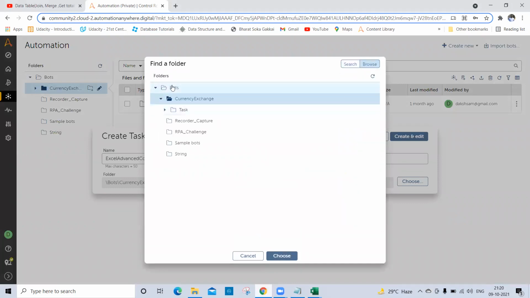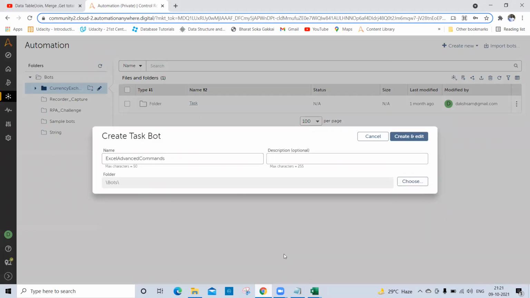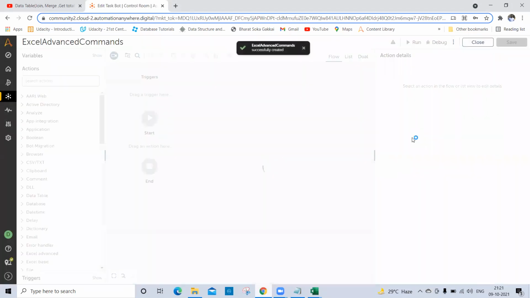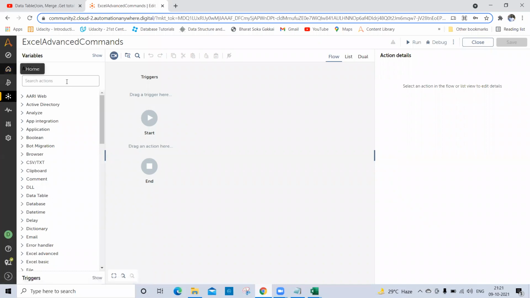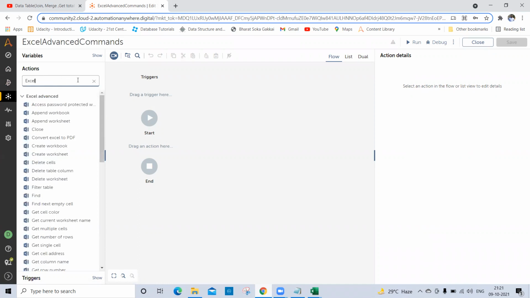I'm saving this bot inside this bots folder. Click on create and edit. Basically I have to perform operations on an Excel file, so as I told you, there is one Excel Advanced command available here, and that I will use. What I want to do in that Excel file, I will also tell you.